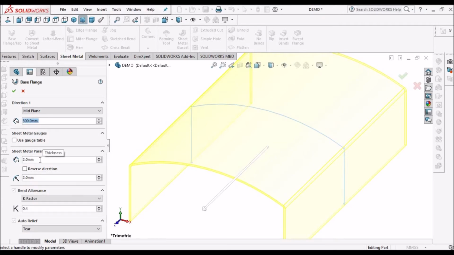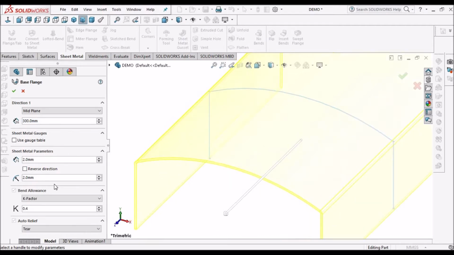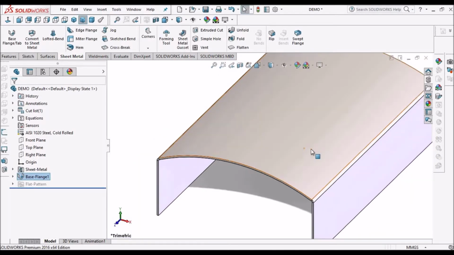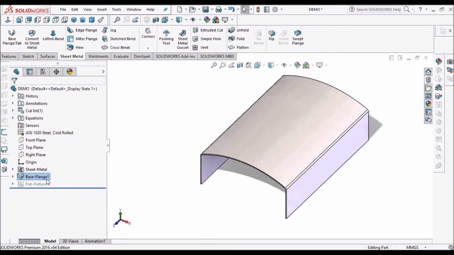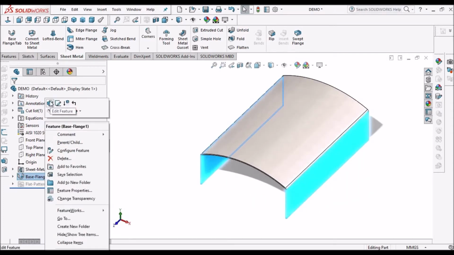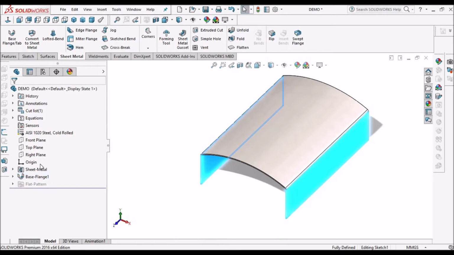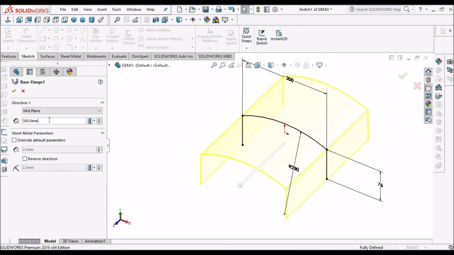And sheet metal thickness I have taken as 2 mm and inside radius is 2 mm. And K factor I have taken as 0.4. Say OK. Here I am taking 500 mm.